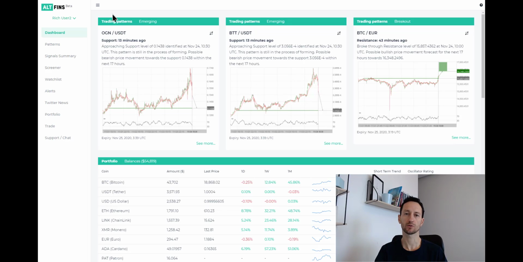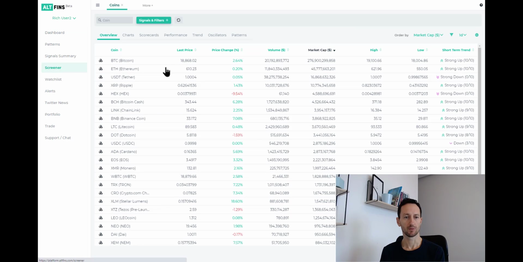Today I want to show you how to trade patterns using altFINS automated pattern recognition system. But let's start with just a general market overview. In the last few days, we've seen some very bullish action and big gains across the entire cryptocurrency market landscape. If you take a look at the screener and the performance,